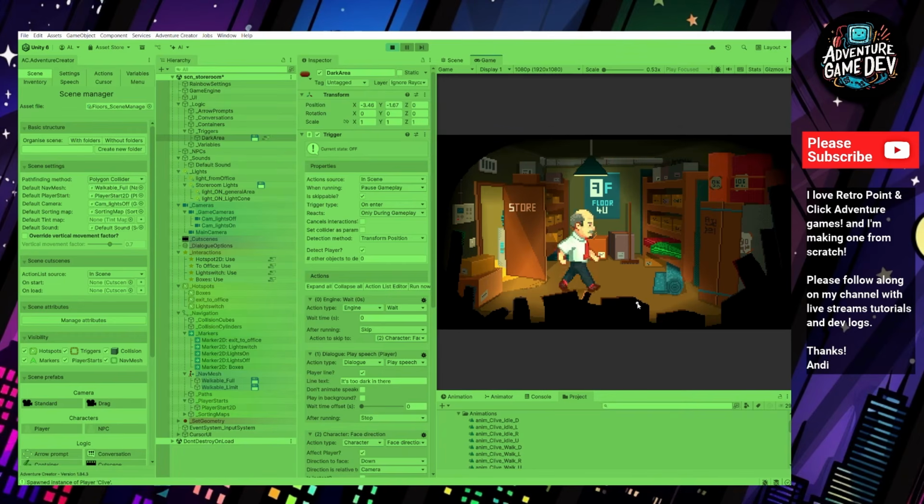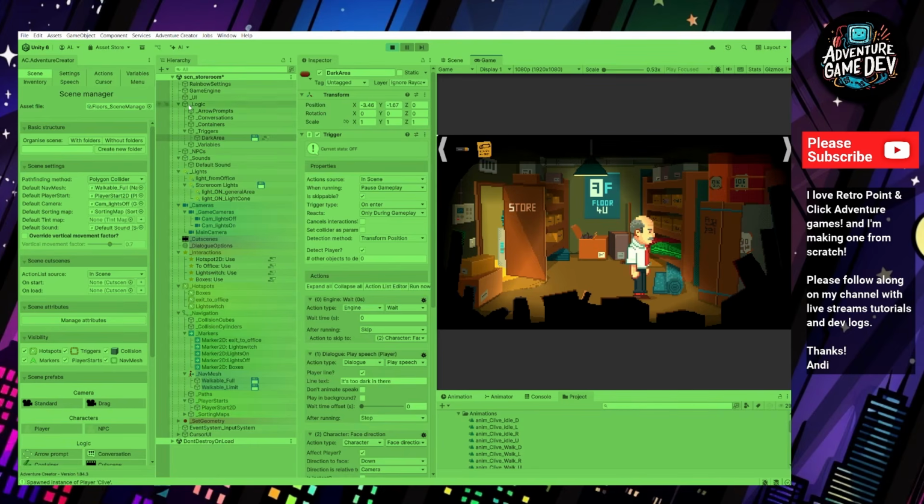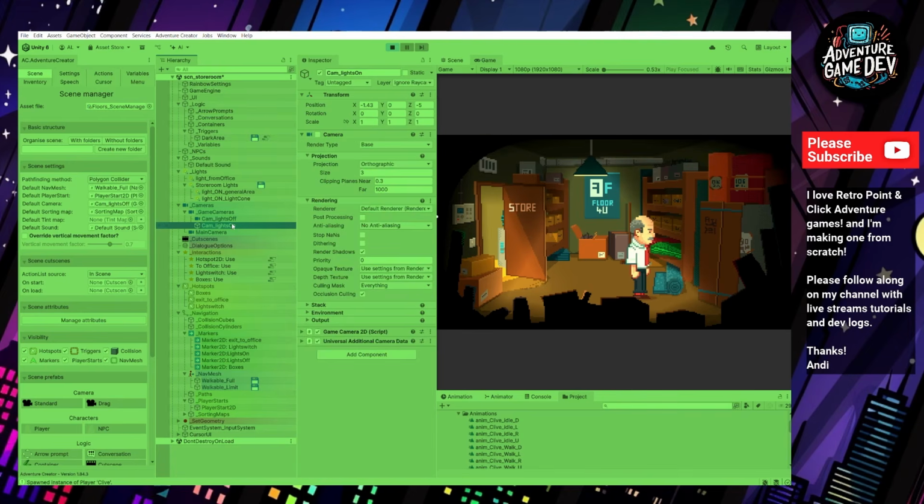We can now walk all the way in, and this hotspot for the boxes is now active because we've switched to the other camera as well. If we cam lights off, go cam lights on. This is the one that's being used now, rather than cam lights off. So if we leave the room with the lights on,